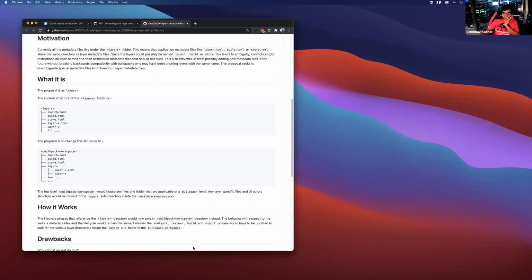Like if there are other buildpack level configurations, I guess not just files, but other folders that may exist, where would that go in this? Configure, I think, next to launch.toml, build.toml, and store.toml. It'd be like metadata, general buildpack stuff that the buildpack is writing during launch, and configure, and layers dir is where layers go.